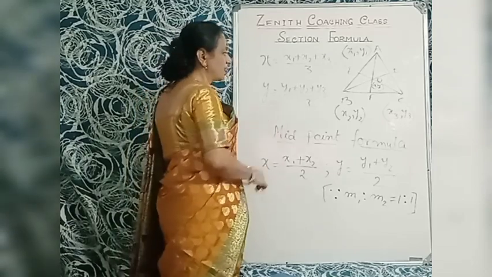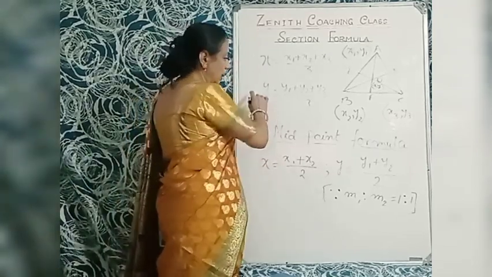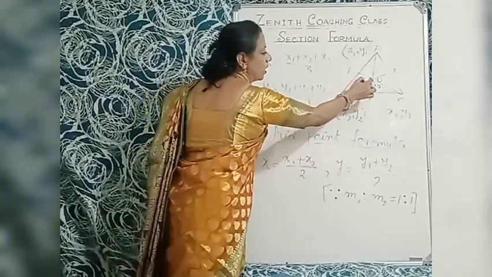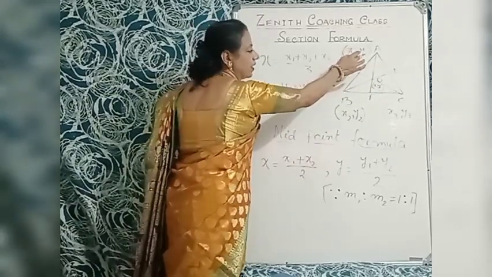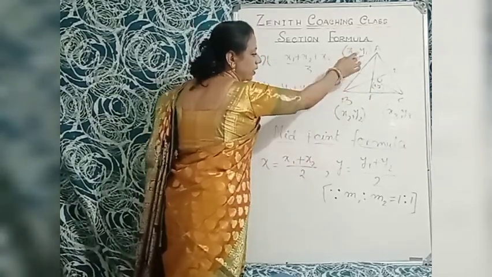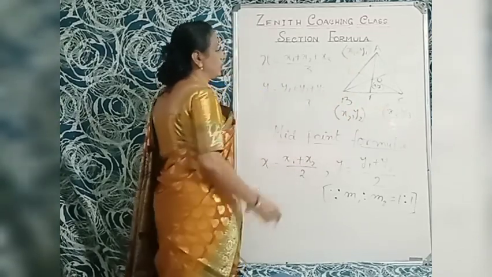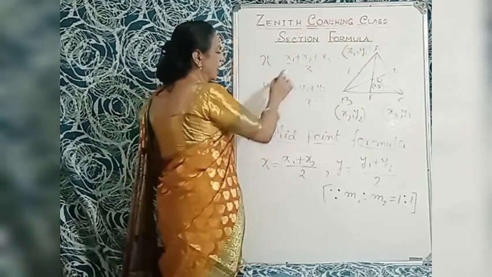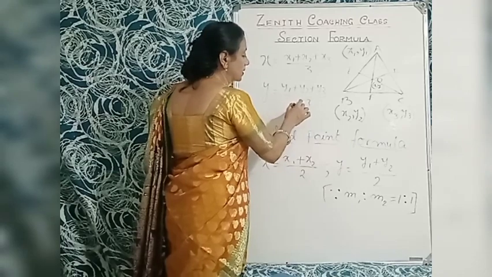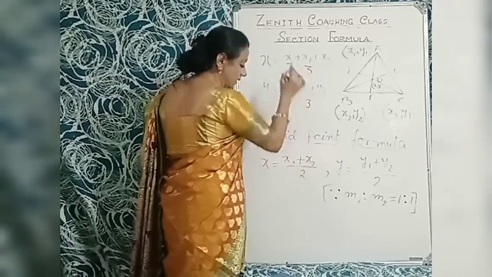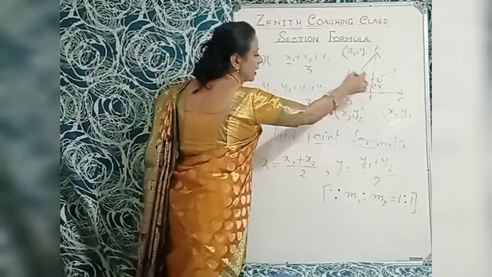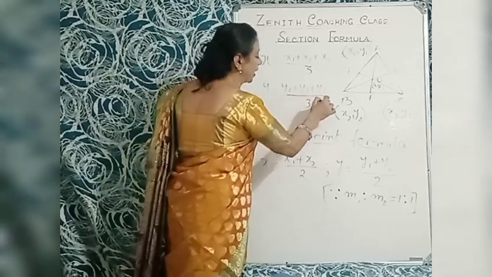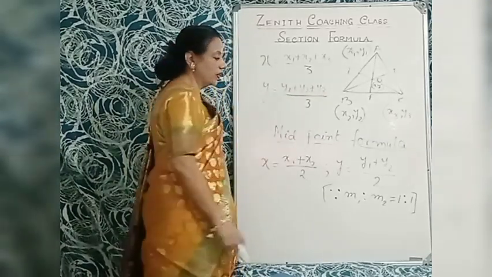So here are three sets of formulas. The first one I have just erased. Here is the midpoint formula, and here is the centroid formula of a triangle ABC, where the coordinates are x1 y1, x2 y2, and x3 y3. So x, the coordinate of O, equals to (x1 plus x2 plus x3) by 3. For the midpoint it is 2, and here three points meet, so 1 plus 1 plus 1 is 3. And y equals to (y1 plus y2 plus y3) by 3. So here are the formulas.